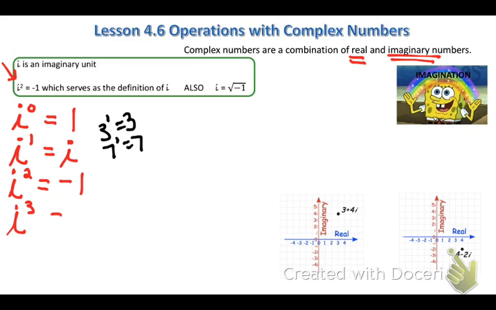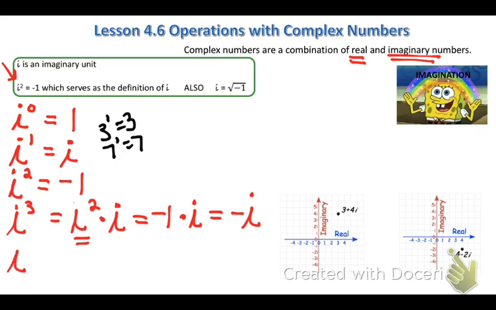i cubed equals, and we'll break it into 2 parts, we'll call it i squared times i. And we know that i squared, we just said, was equal to -1. So -1 times i is equal to -i. And the last one we'll look at is i raised to the power of 4. So we'll have i cubed times i. And we just said that i cubed is equal to -i